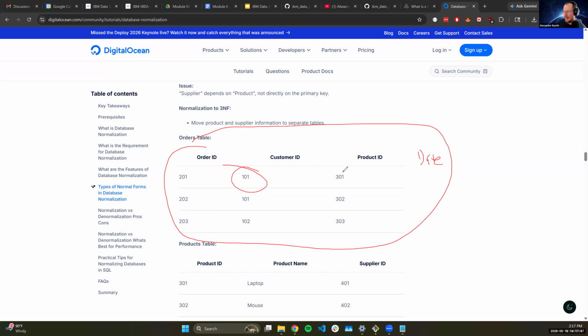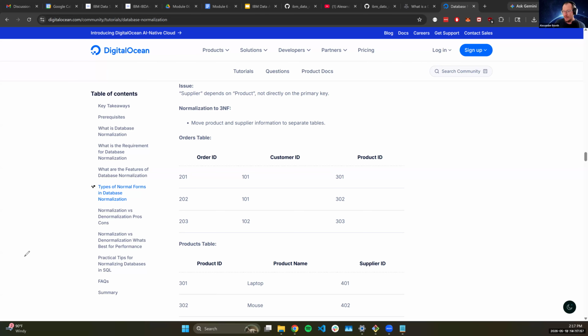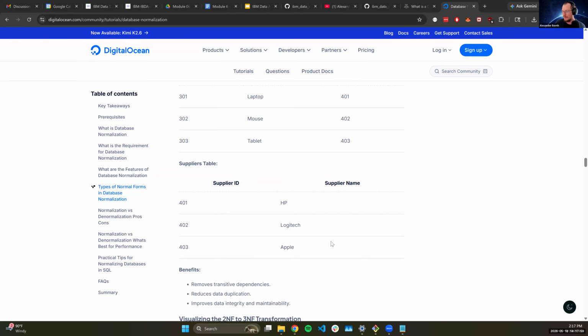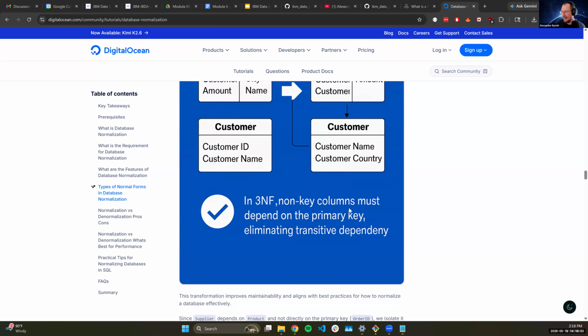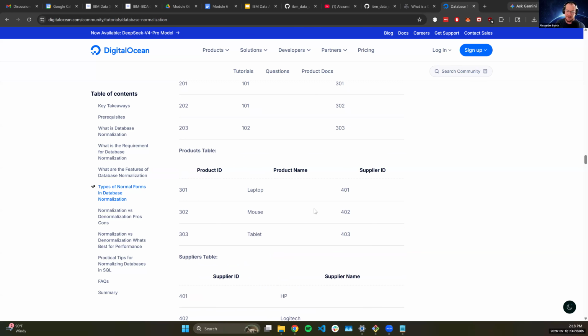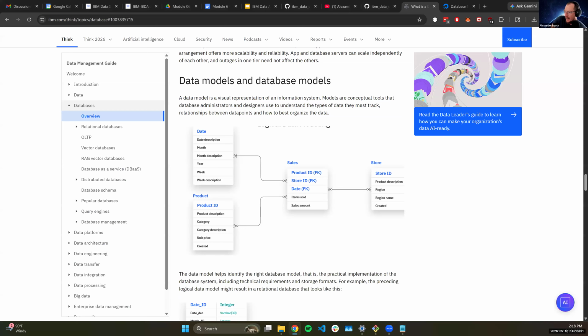If I want the product, I have to join to the product table. I have a relationship on product ID. Similar thing, if I want the supplier, I have to join on the supplier ID, right? All the way to those products too. So again, we've gone ahead and we've added in those primary keys, foreign keys, and reduced that duplication in our objects. So let's bring it back to what a data model looks like.